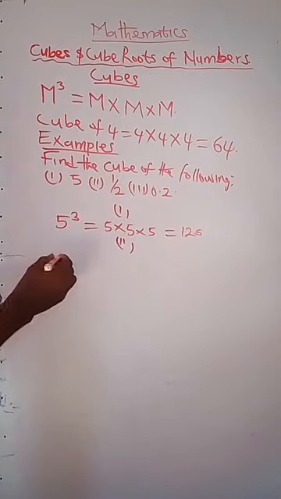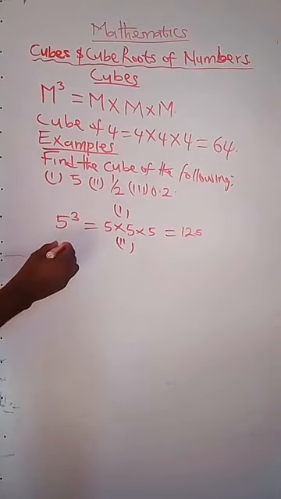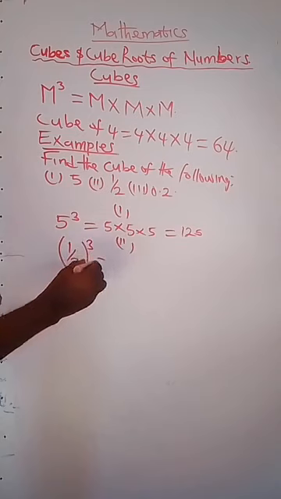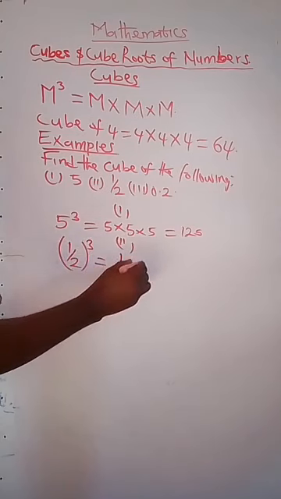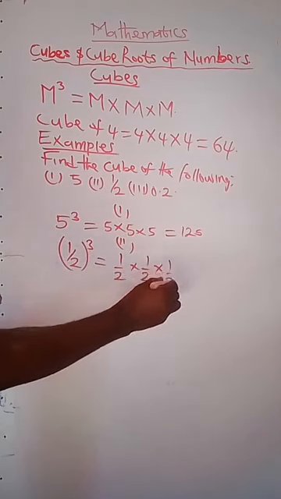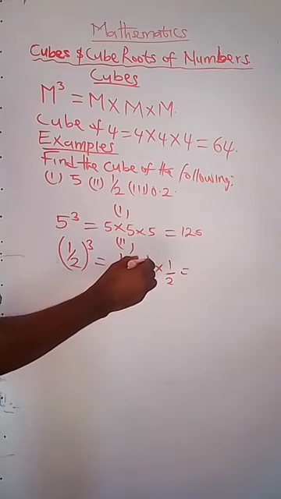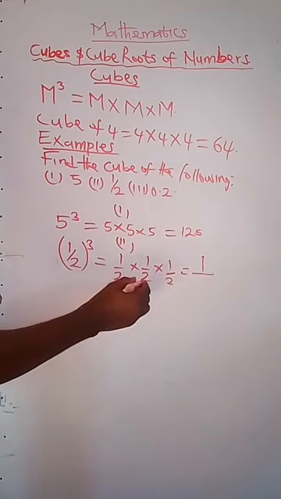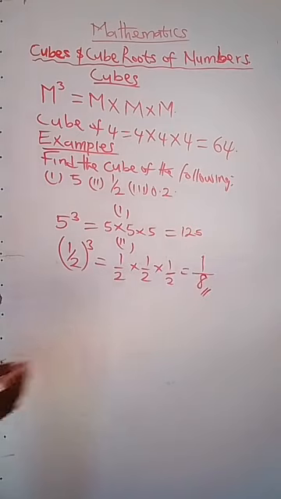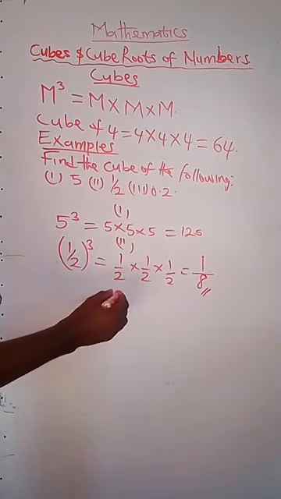2. Half cube or 1 over 2 cube is 1 over 2 raised to power 3, right? This will be 1 over 2 times 1 over 2 times 1 over 2. Alright? 1 times 1, 1 times 1, 1 over 2 times 2, 4, 4 times 2, 8. This is 1 over 8. Then let's look at the third one,